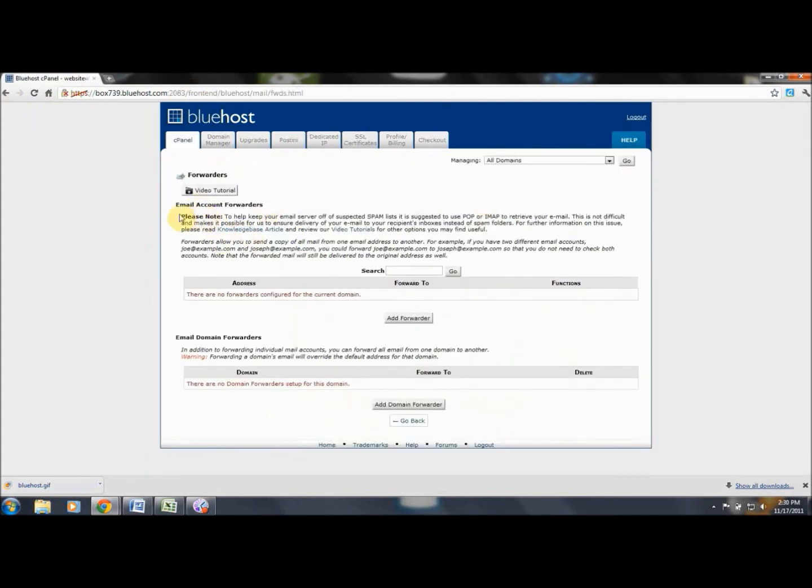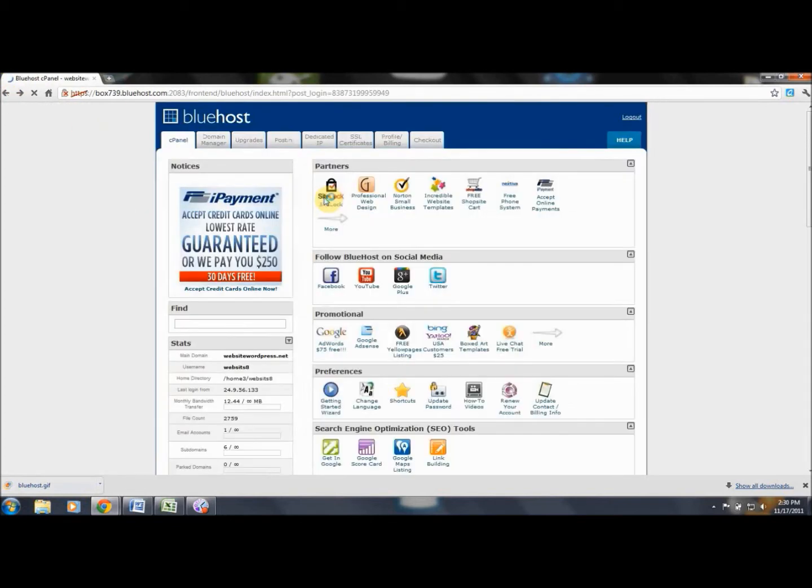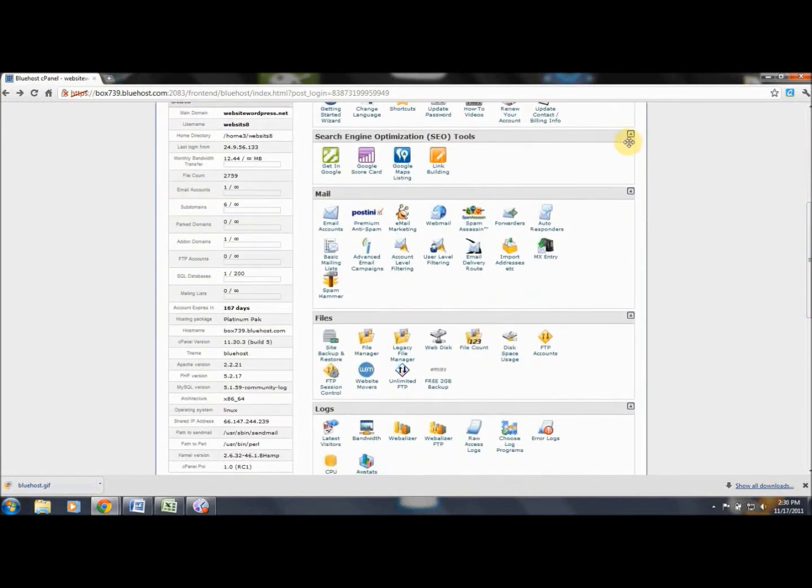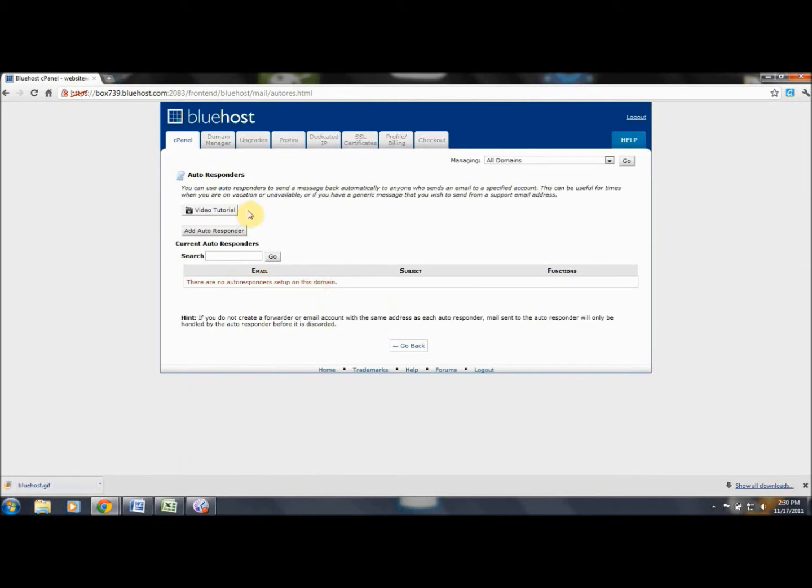So email account forwarders, you can forward these to pretty much any email account you want to. If it's a Gmail address or whatever that is. We told you in the last video tutorial that the free platform provided by WordPress for email is just not robust enough to handle really any level of serious business, so we would certainly encourage you to get into this. We showed you autoresponders already, so they had a video tutorial series on this, but you can actually set up